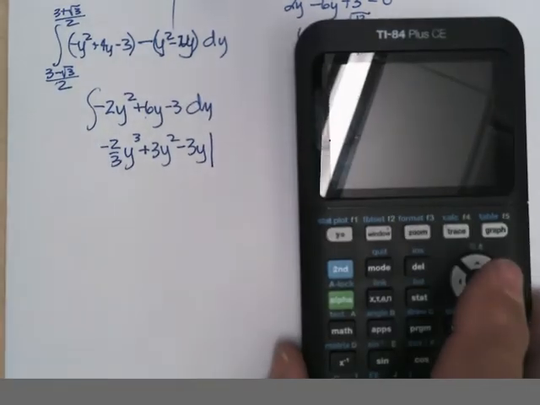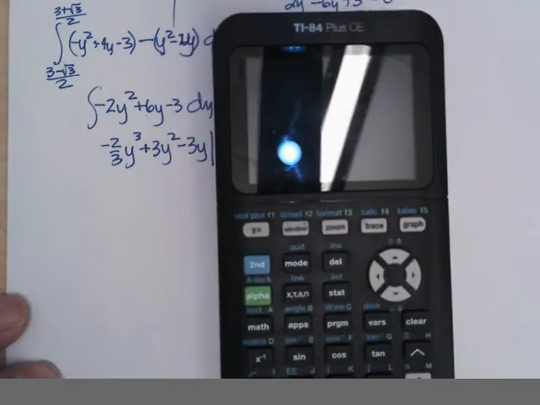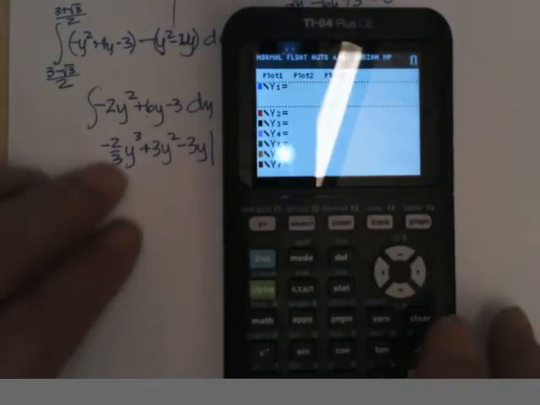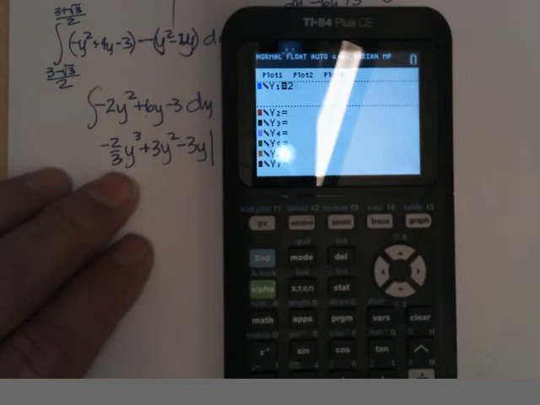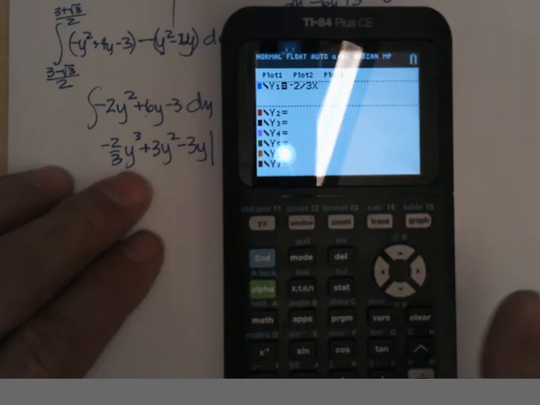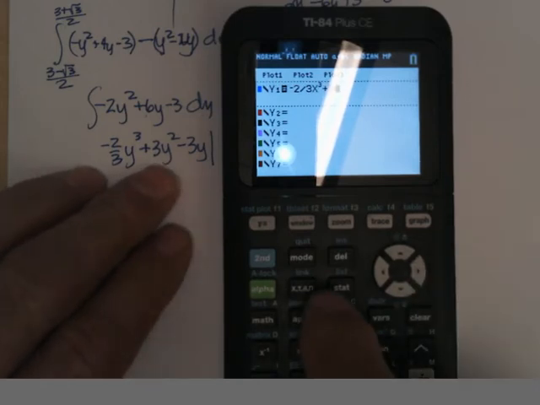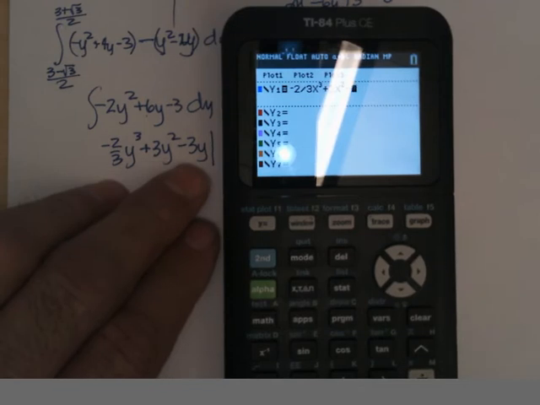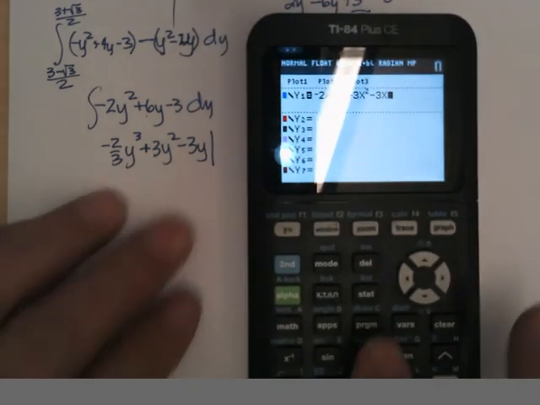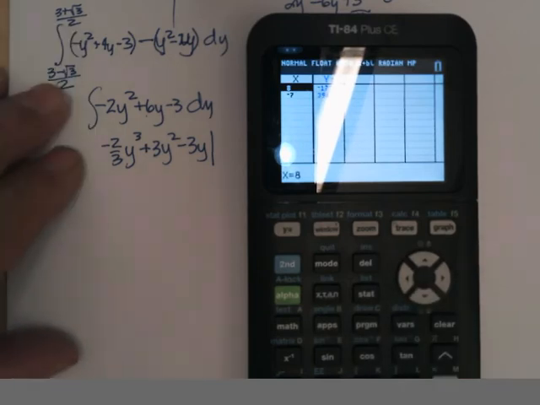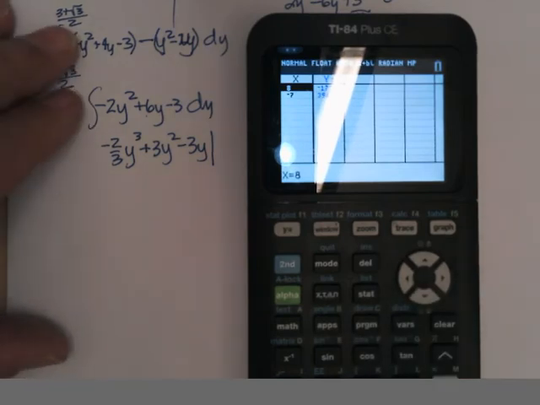So I could go exact value, but I'm just going to go decimal value here. I'm going to type in that equation. Minus 2 divided by 3, x to the third plus 3x squared minus 3x. Go to my table, and I want to go from the upper one, which is